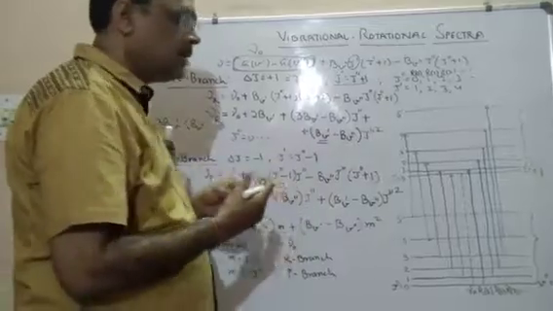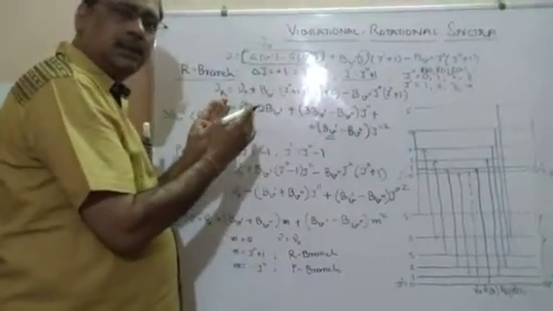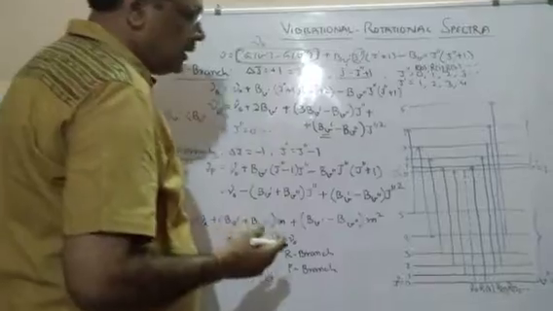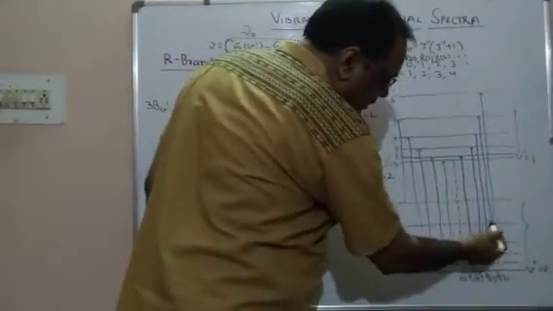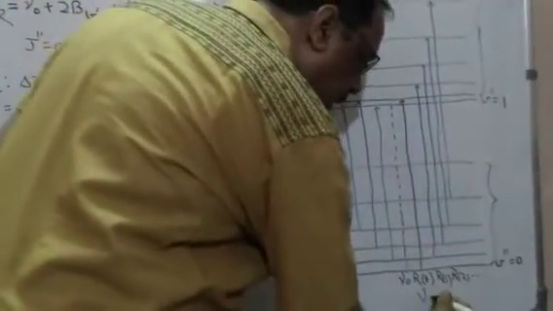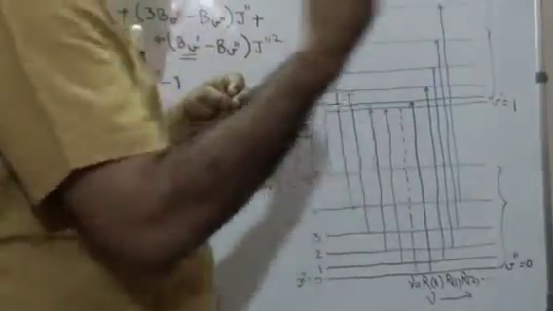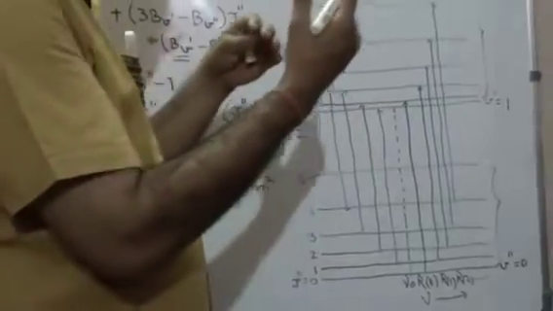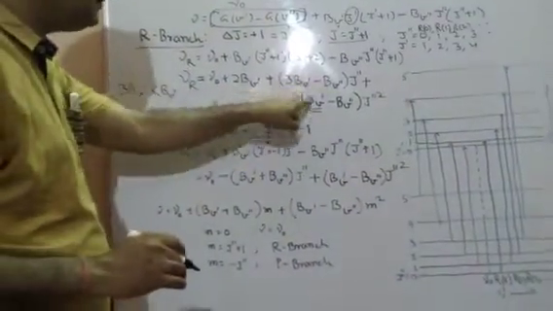So what happens? There is a decrease in the spacing, and that's why you can see also in this figure that the lines are coming closer. The gap is becoming smaller and smaller gradually. It means that this higher wave number side, R branch, they are having the lines, and when we go towards the higher wave number sides, they come closer to each other. This is the specific thing for the R branch because of these values.